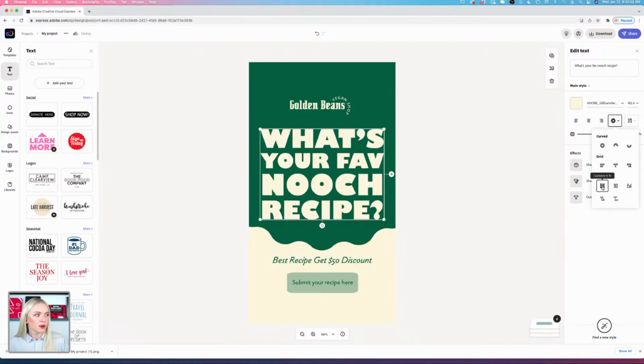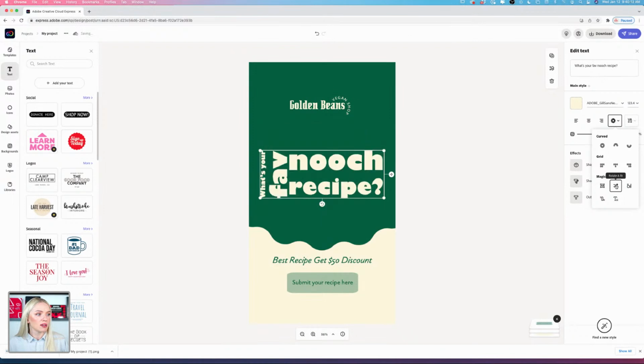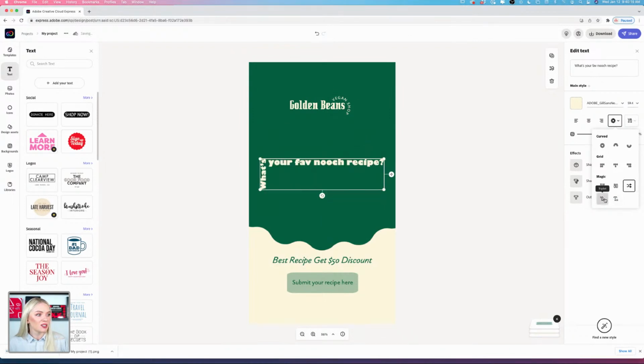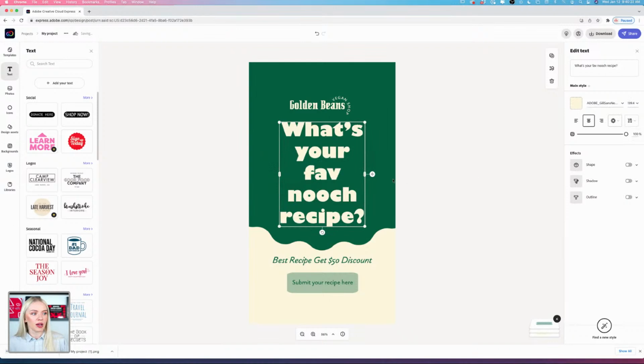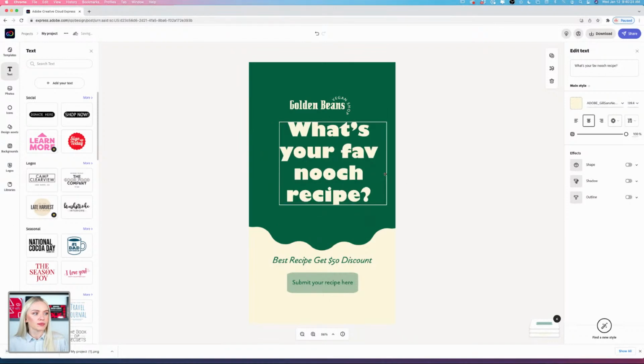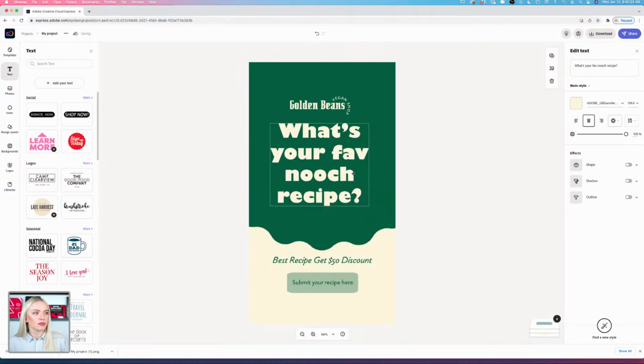We can also fit it into a shape, so into a rectangle in this case. Maybe we can even rotate it and fit. So there's a lot of really fun stuff you can try out and make it more exciting, right? So for now, I'm going to stick with a centered layout, and we are going to look for our font,